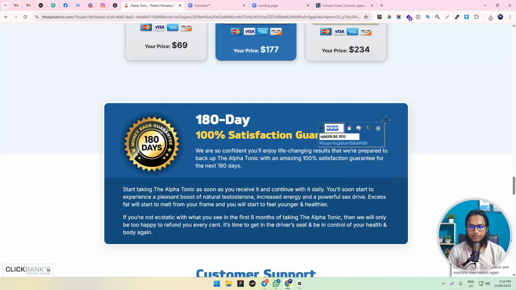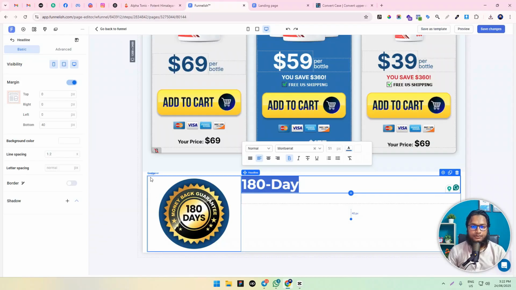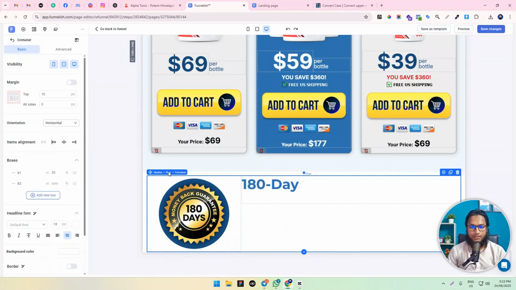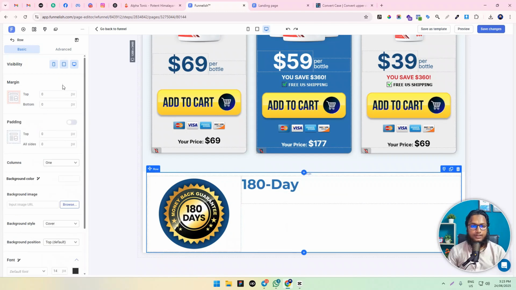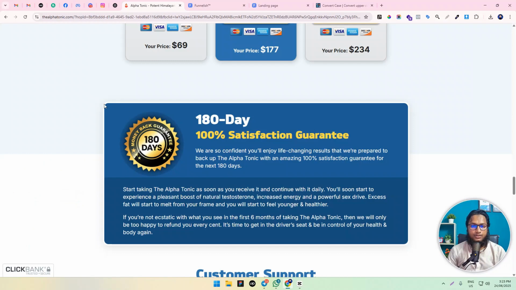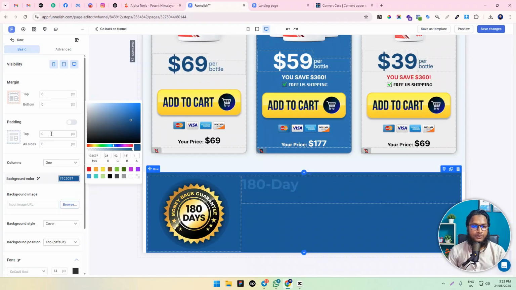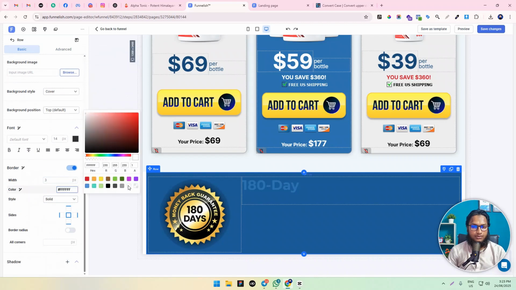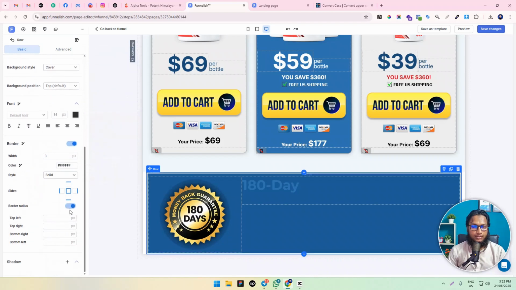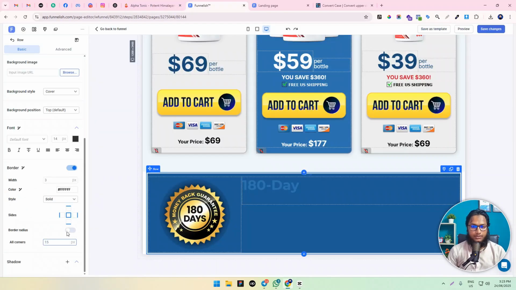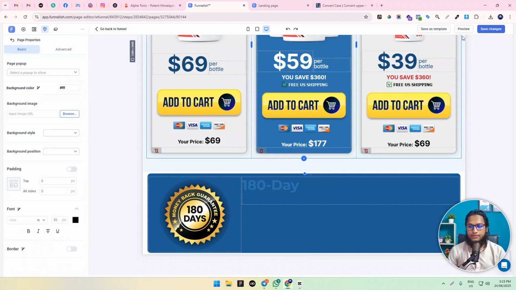Let's set the background color. We can add this background on the row that we drag here. This is the row, and I can set the background color here, and also border radius and white border. So let's enable the border, should be 3 pixel, and border radius should be 15 pixel. Save,